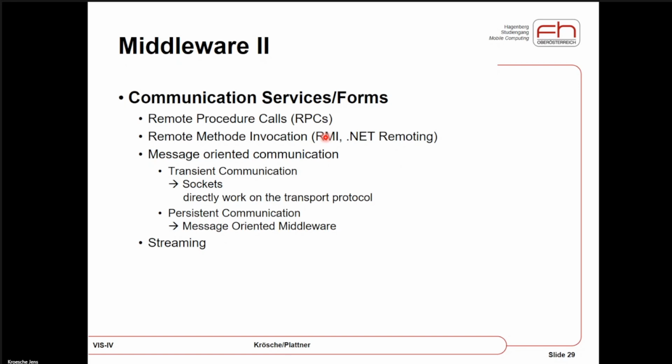And of course, the problem that arises based on that is, how do I know which method to call? Which methods are available? I'm a client. I know that I want to do something on a server, but how do I know which methods are available? What do they look like? What's the signature of the method? How do I call them? How can I reach the server? How should I provide my parameters? How can I interpret the results? What happens if during the communication something goes south? All this stuff needs to be taken care of.